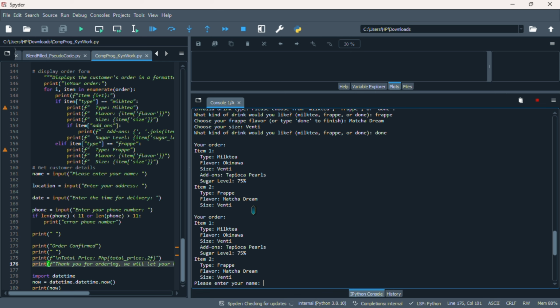And there we have it. The system will print our order, where, as we can see, the first item that we ordered is milk tea, and the second item is frappe.